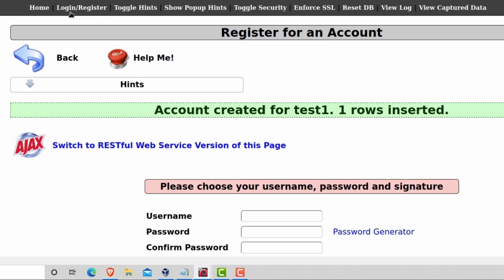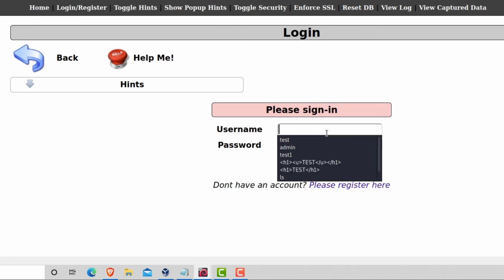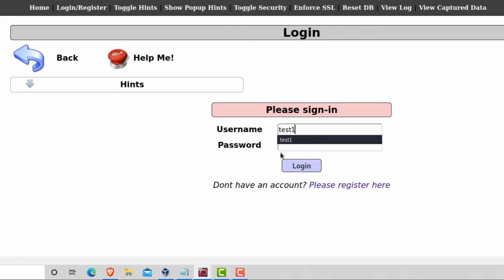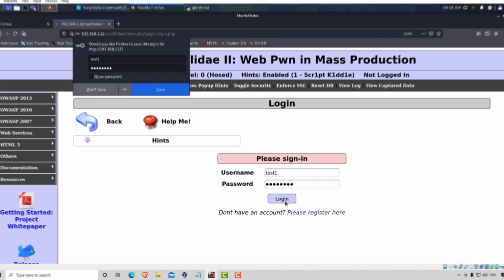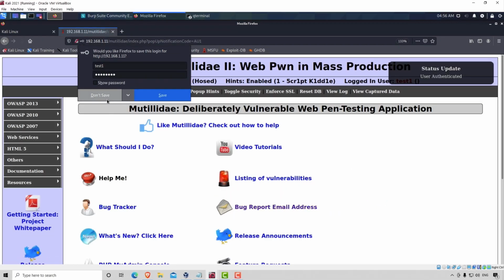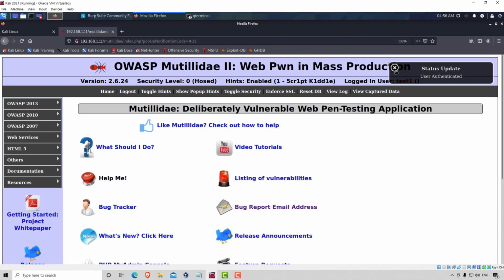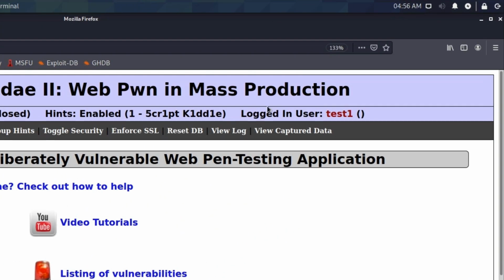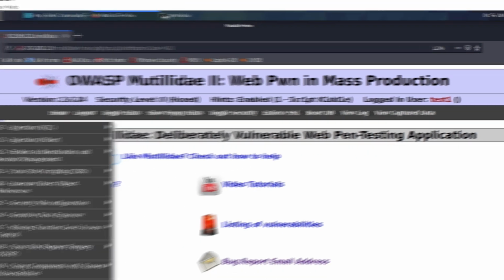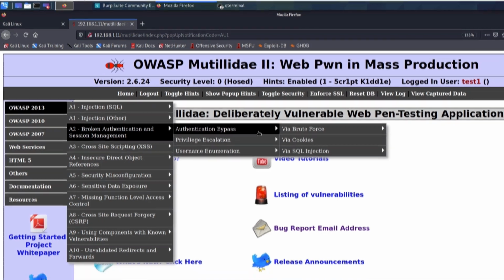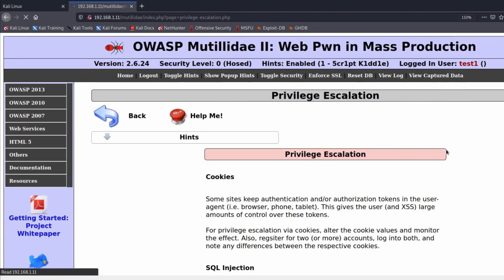Now let's go back and let's go on login, and let's log in with our account. So the username was test1 and the password was test1234. Okay, awesome. Let's close this window, and in the right corner we should see logged in as user test1. Now let's go back to our page and try to bypass and switch the account by changing the value in